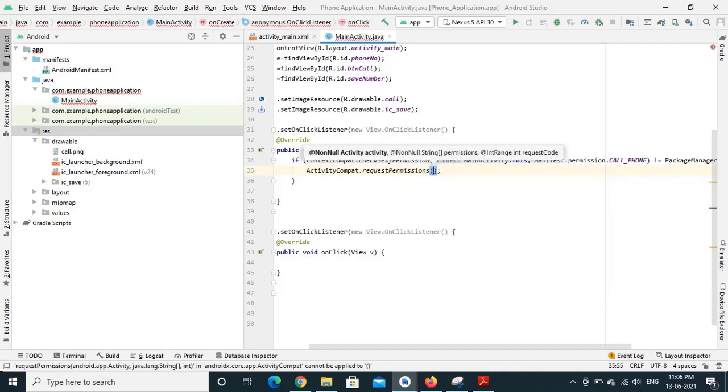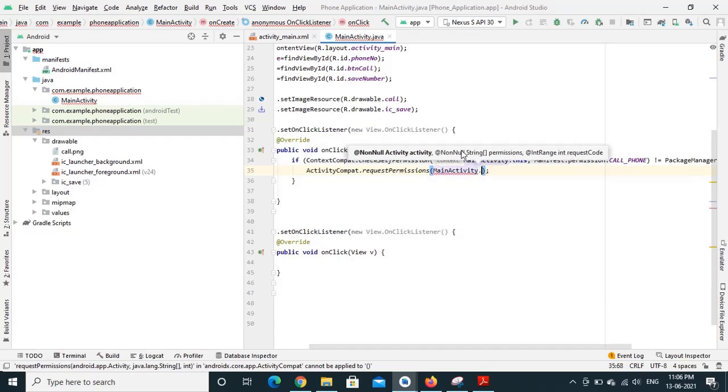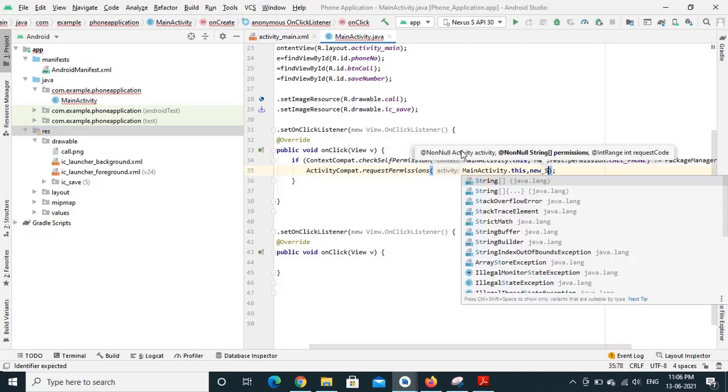The first argument is the context or activity, MainActivity dot this, comma, the next is the permission. The permission is a new String array.